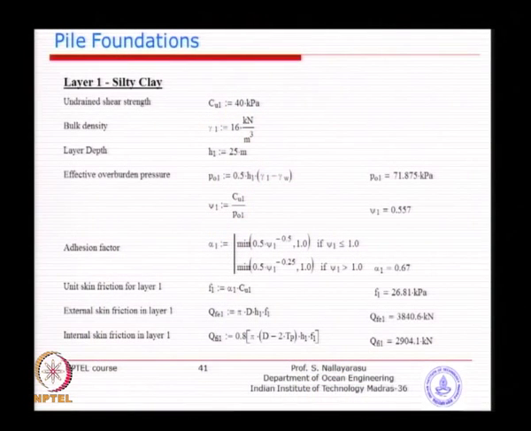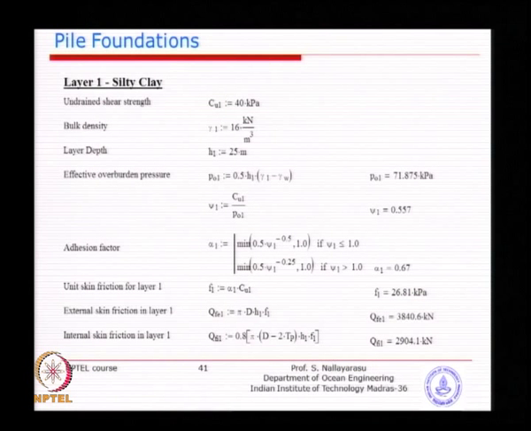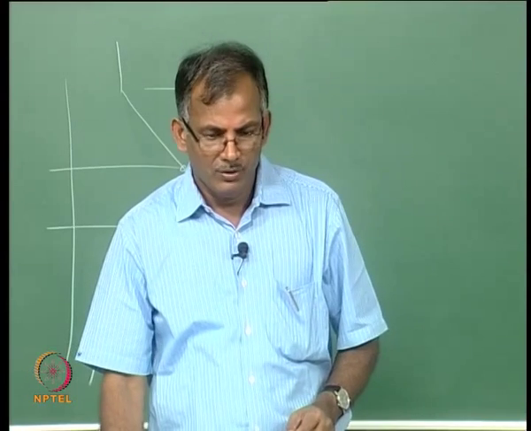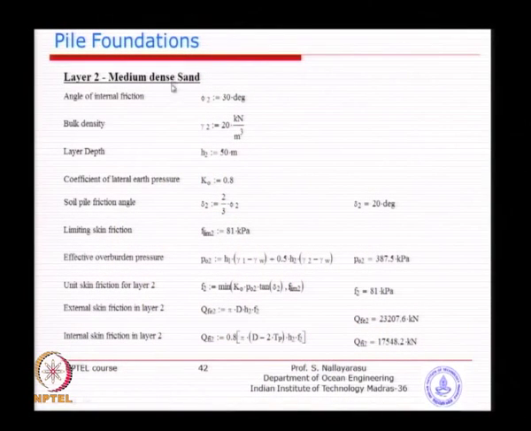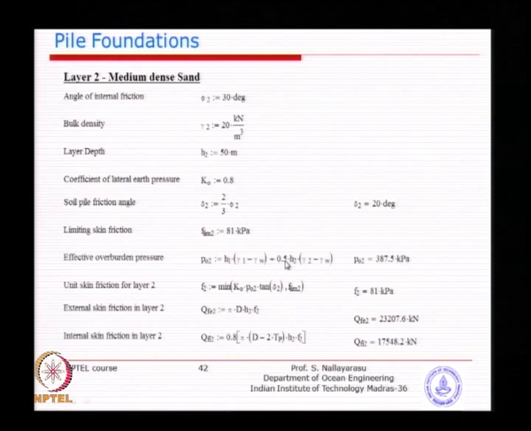I think I have shown you the plot of alpha with respect to depth. So, that gives you an idea how you calculate for one single layer. When you go to the second layer, the only difference is this being sand, the method becomes the beta method instead of the alpha method. For the overburden pressure for the second layer, I have taken half the depth, but cumulatively add the weight of that first layer. That is very important. If forgotten, then all the results will be wrong.